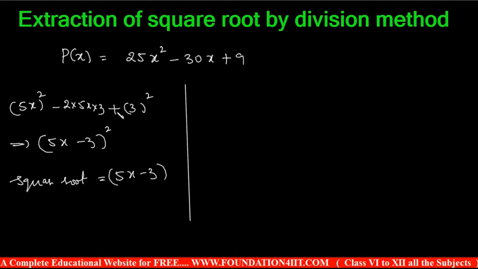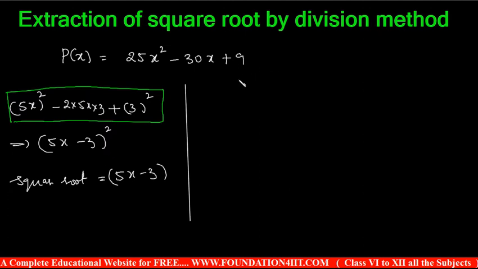But this is the inspection method we discussed previously. In case the formula exists, we can apply it directly, because this is a square minus 2ab plus b square type. But when you come to the division method, let us see this problem. Next we'll go for some bigger sums, with more than 5 or 6 terms. Okay, let us start with the division method.